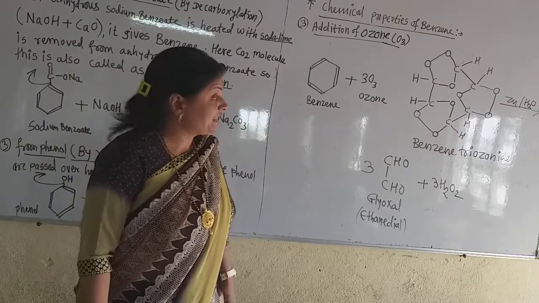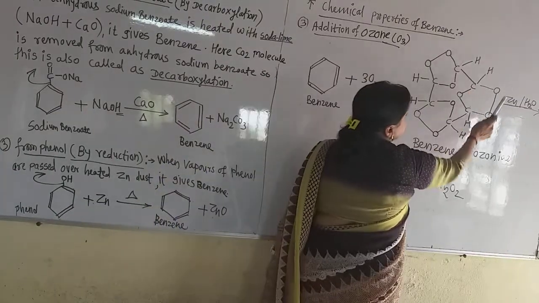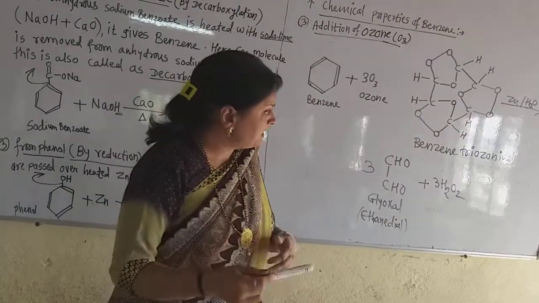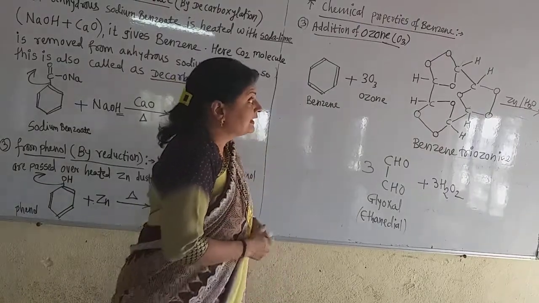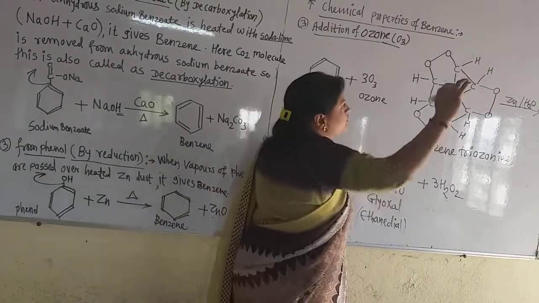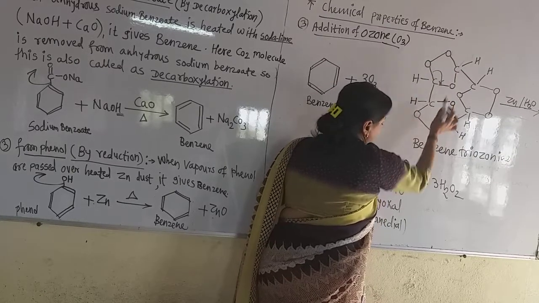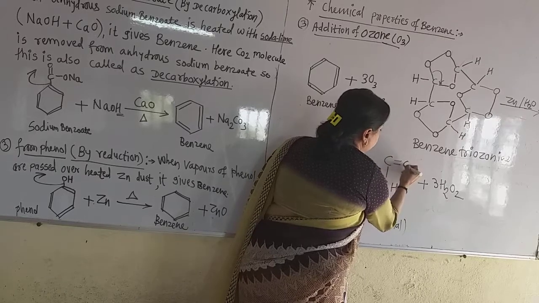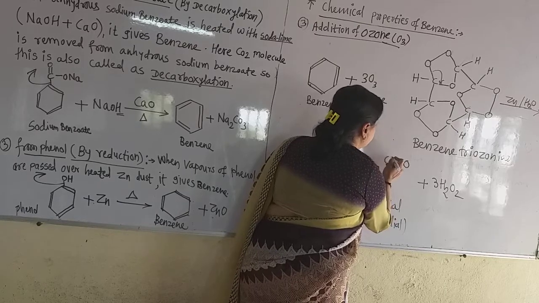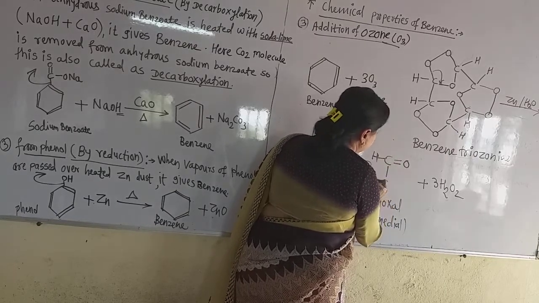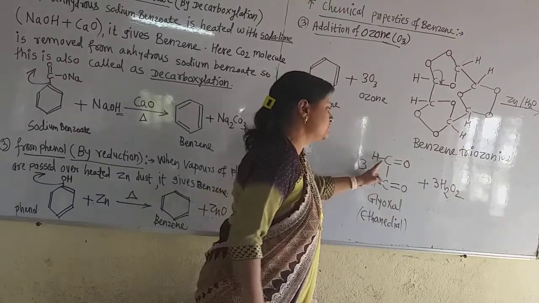Now a benzene triozonide is formed here, because hydrogen atoms are already there, 6 hydrogen atoms. But if this benzene triozonide ring is broken by zinc dust and water, what is formed? There is formation of glyoxal. Now how is it formed? Let us see. Now this bond transfers here. Here it becomes CH double bond O. Now I write it in this way, with a double bond O, and the hydrogen here and this hydrogen here. There are 3 molecules with double bond O. Now this is also glyoxal. Write down CHO, or in this way.